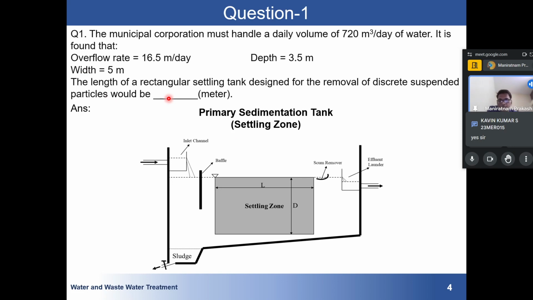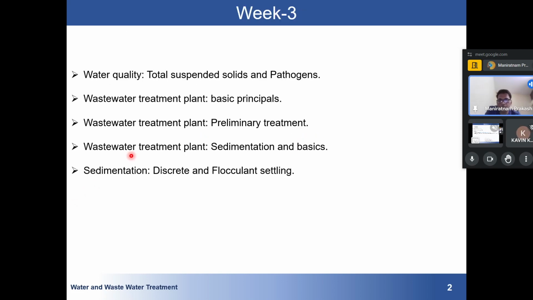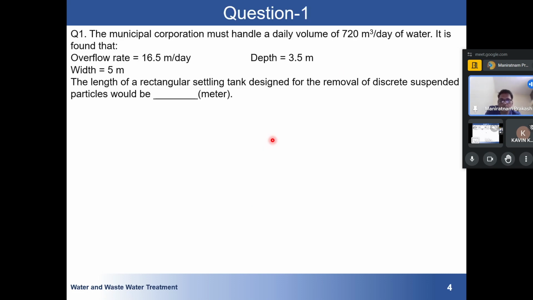So all I was saying is that we are here to discuss some of the basic questions and concepts that have been discussed in week three related to water quality and wastewater treatment. If you have gone through the lectures, some basic principles were discussed and all the different kinds of units present in wastewater treatment. So related to it, the first question is